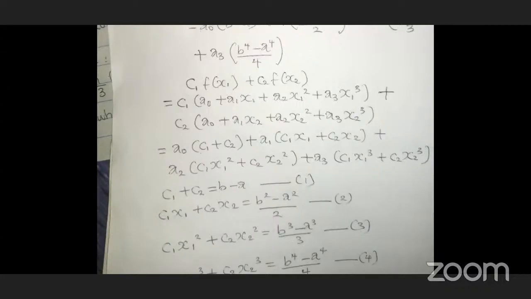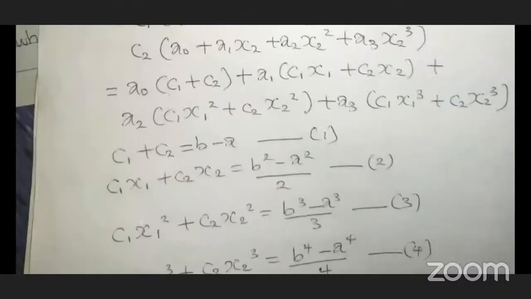Now, in this case, our C1 plus C2 is now b minus a. Then C1 x1 plus C2 x2 is b squared minus a squared over 2. Then C1 x1 squared plus C2 x2 squared is equal to b cube minus a cube over 3. Why the last one? That's C1 x1 cube